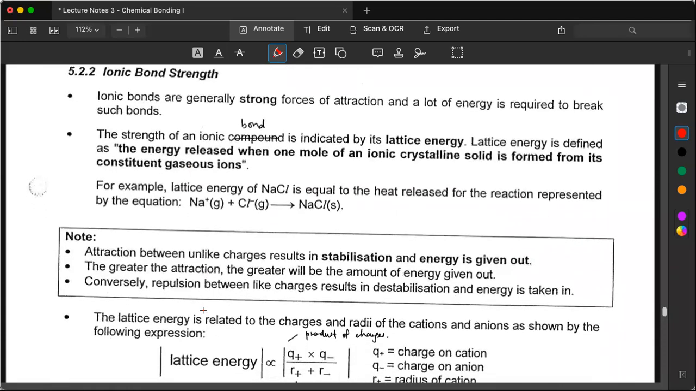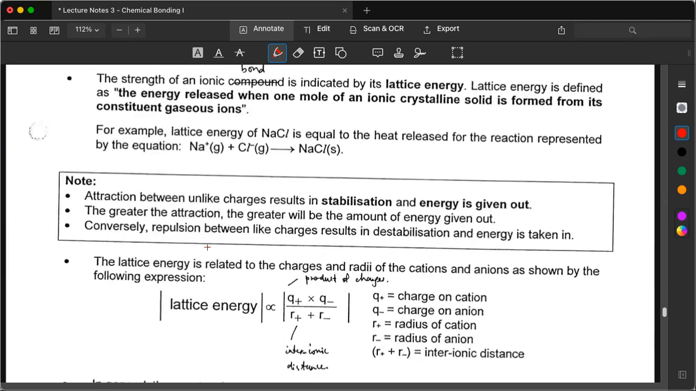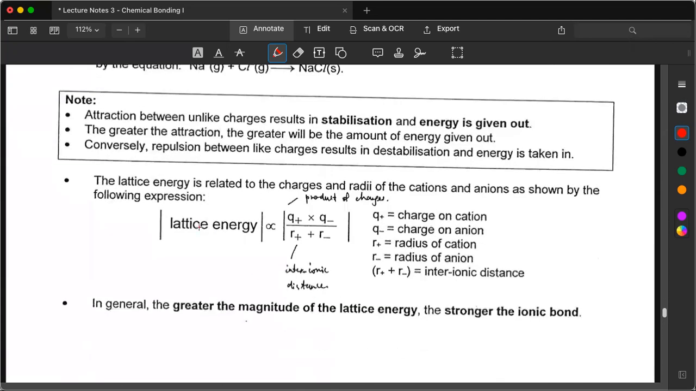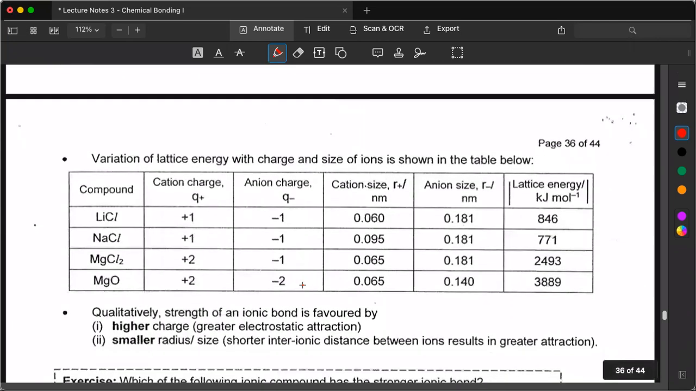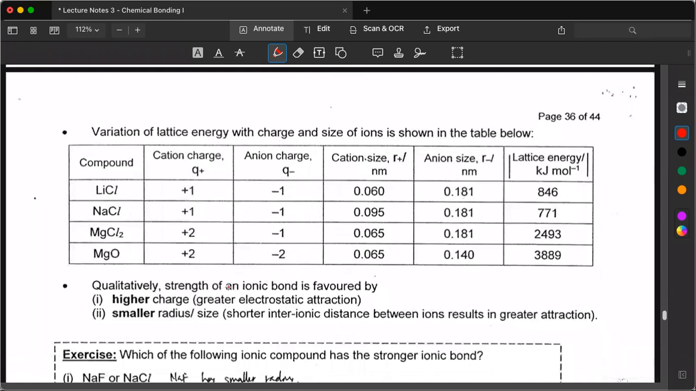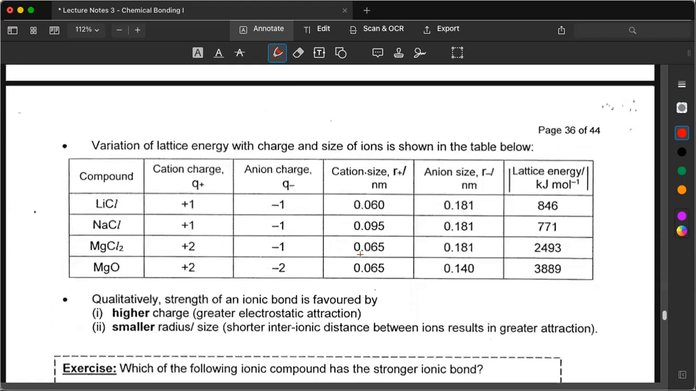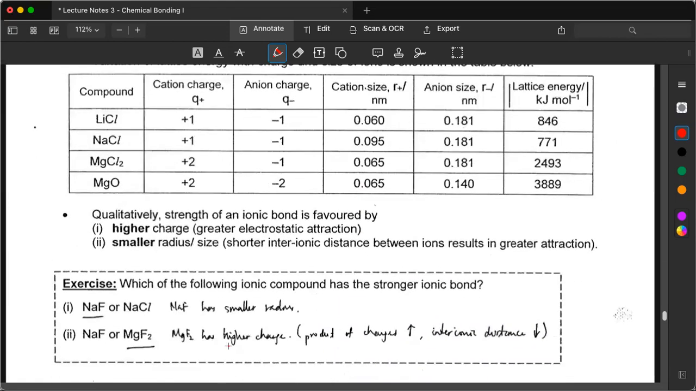The attraction between unlike charges will result in stabilization and energy is given out. So the greater the attraction, the greater the amount of energy given out. Conversely, when there is repulsion, there will be destabilization and energy is taken in. So this is a formula that relates lattice energy to charge and radius. The greater the magnitude of lattice energy, the stronger the ionic bond. And the strength of ionic bond is favored by higher charge and smaller radius or size. Okay, you can try this yourself and check the answer